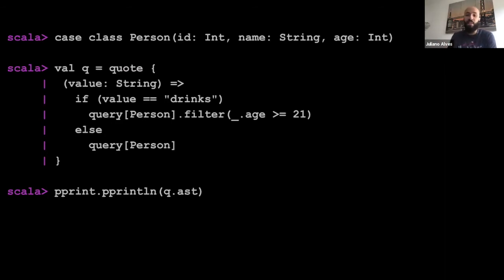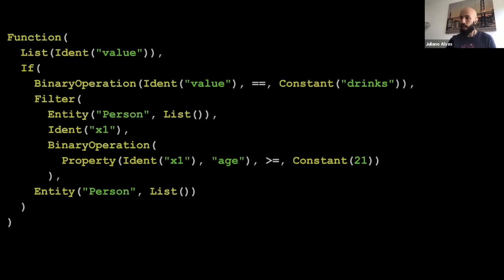Anyway, what I expect from that is, okay, I have this quote here that's actually a function that takes a string and produces a query for a person. So when I do so, if I have a look at the AST, what I have here is a function of a list, and then I have the if here, as you can see, with the filter, and then the entity here.